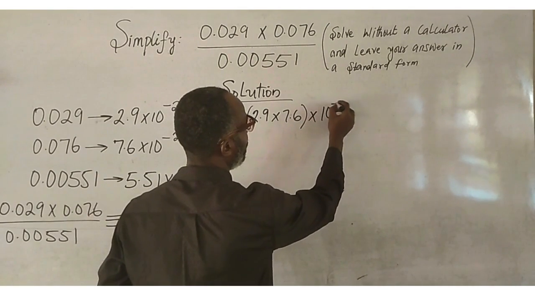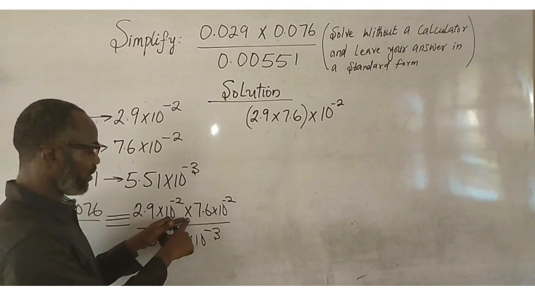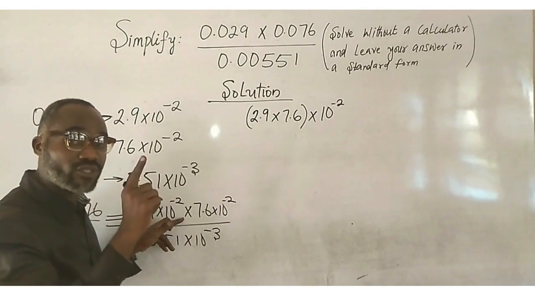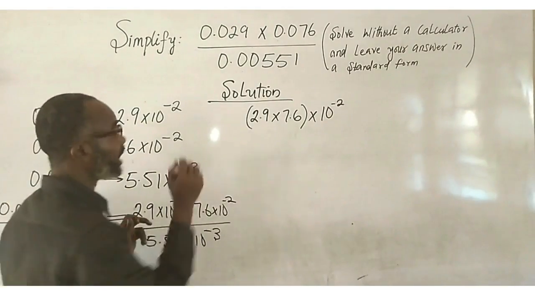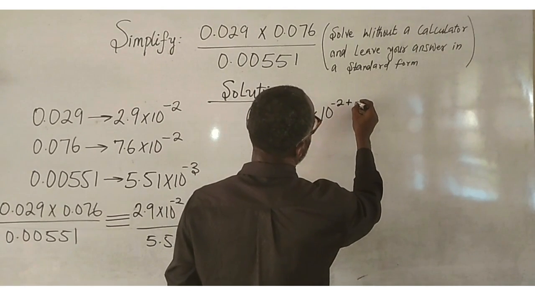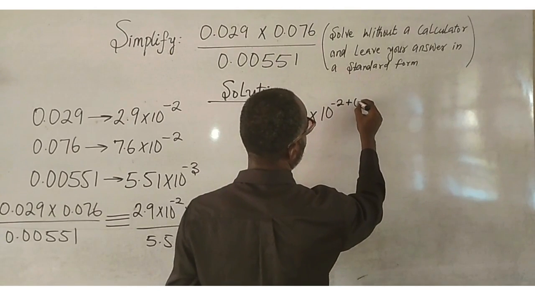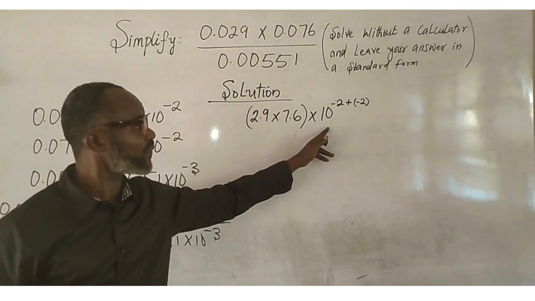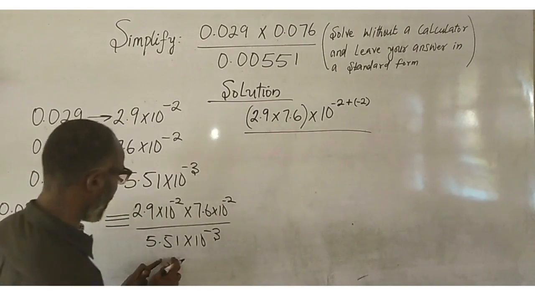Remember that this is a multiplication sign. According to the law of indices, multiplication is regarded as plus. And then we have 2 for the second power. Then the next thing we do is all over what we have here as